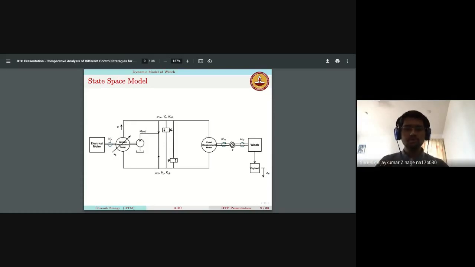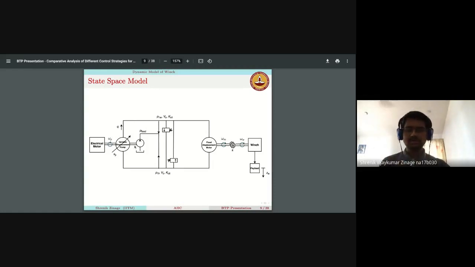The reason why I want to do that is I want to make sure that ZW is being changed as per my needs. So if I want to make sure that ZW, the payload displacement, moves as per my need, I need to manipulate omega W. So if I need to manipulate omega W, I need to manipulate omega M. So if I want to change the RPM of omega M, I need to control the change in pressure along these hydraulic lines on both the sides. So if I want to control the change in pressure, I need to manipulate this valve, the P feed valve.